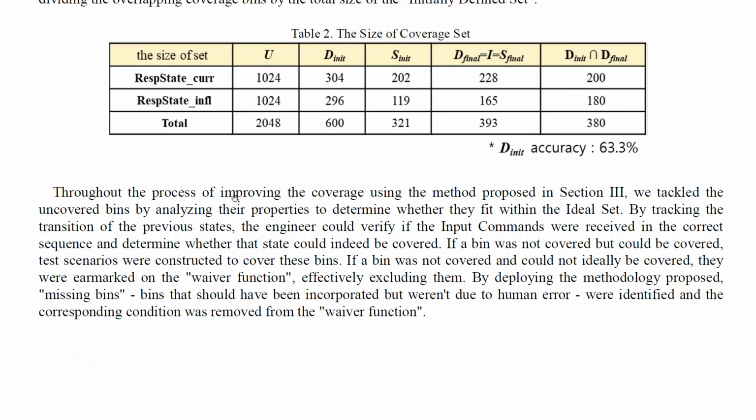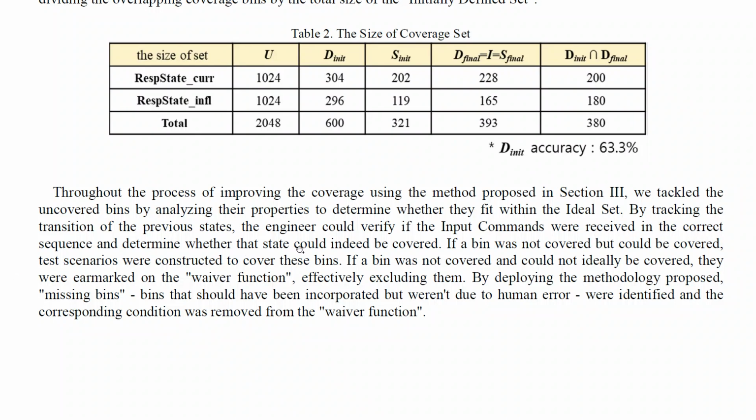Throughout the process of improving the coverage using the method proposed in section 3, we tackled the uncovered bins by analyzing their properties to define whether they fit within the ideal set, by tracking the transition of the previous state. The engineer could verify if the input commands were received in the correct sequence and determine whether the state